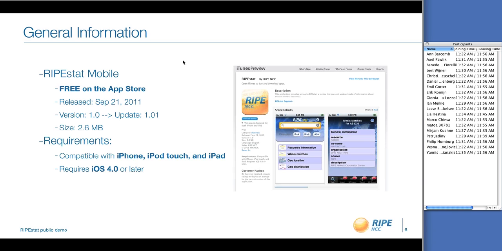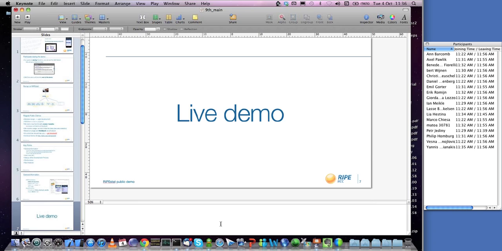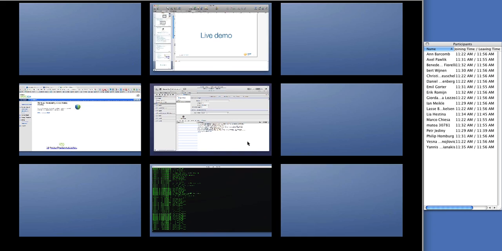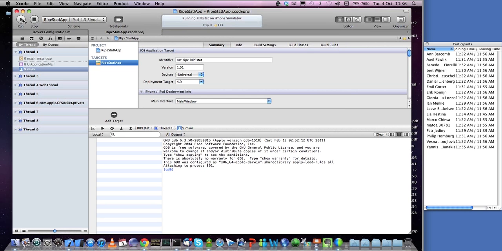This is a universal application. That means that it runs on iPhone, iPod Touch, and iPad with iOS 4 or later. So now we are immediately skipping to the live demo. I will just switch on the simulator, and we will run the application on iPad.